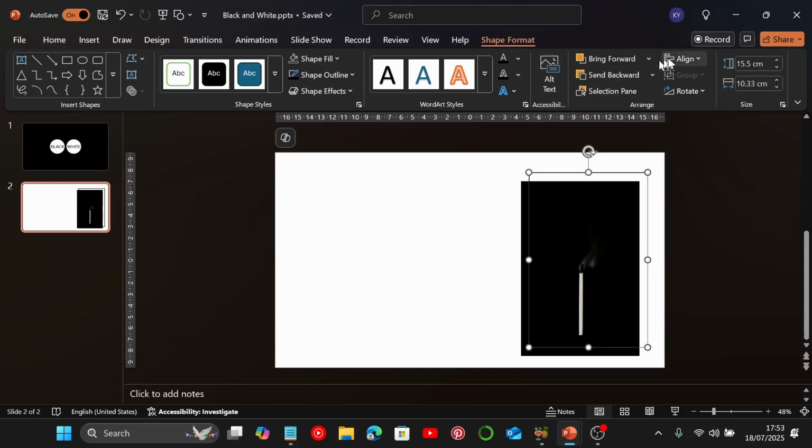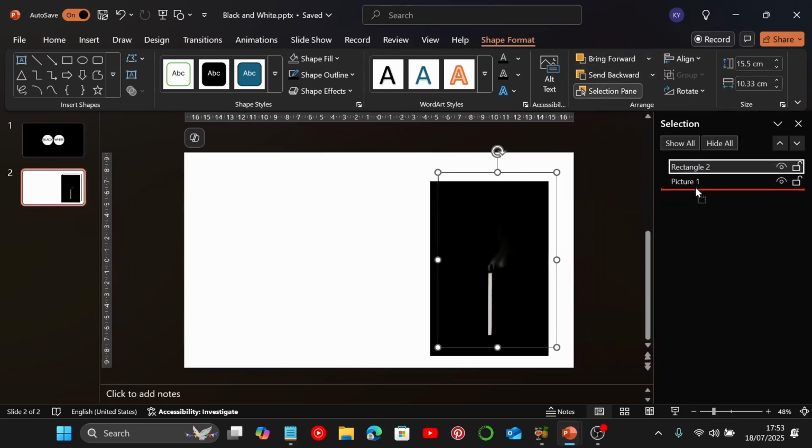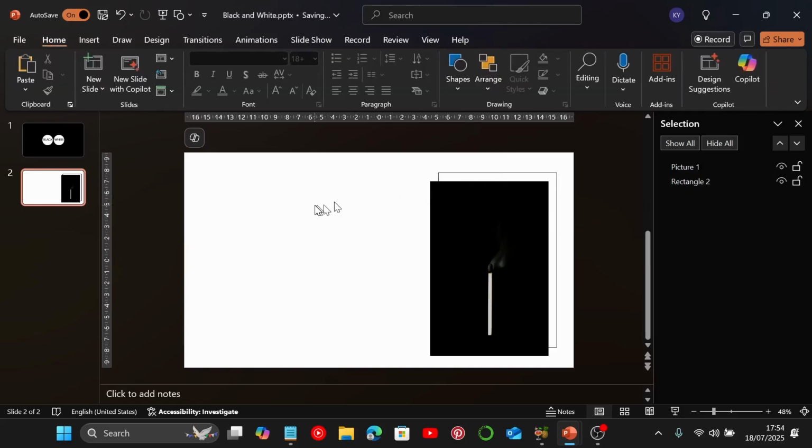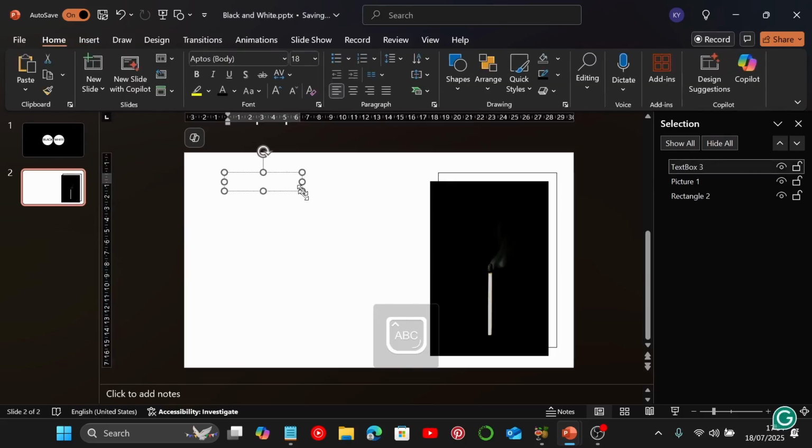Let's go to the selection pane, and I'm going to take the rectangle behind the image, and I'm just going to leave it like that. Next, let's insert some text. I'm going to go to Insert, go to Text Box, and while caps lock is on, type black, and I'm going to use and